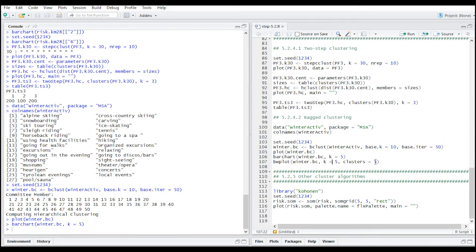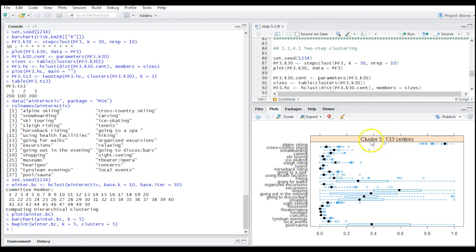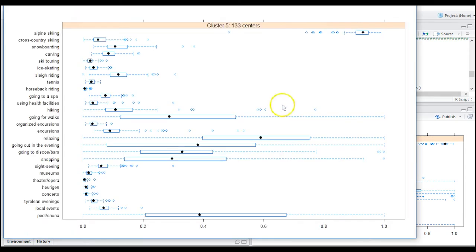So here you could either put in a vector to get the results for all the clusters you're specifying, or pick a specific cluster. We are looking at the variability of cluster 5. So we see that to cluster 5, 133 centers were assigned in our hierarchical procedure. So we see that it was very clear that all of the centroids had high values for alpine skiing,